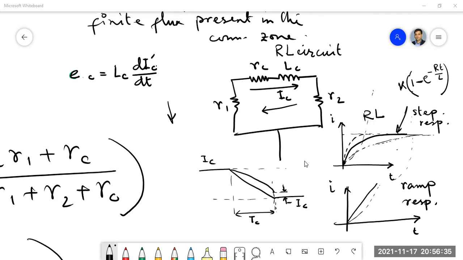Anyway, if there is a change in the current, there is a possibility of spark. Understood? Anyway, thank you. If you don't have any question, I will